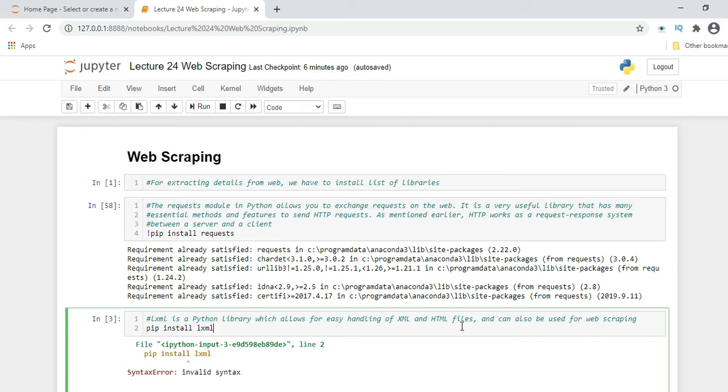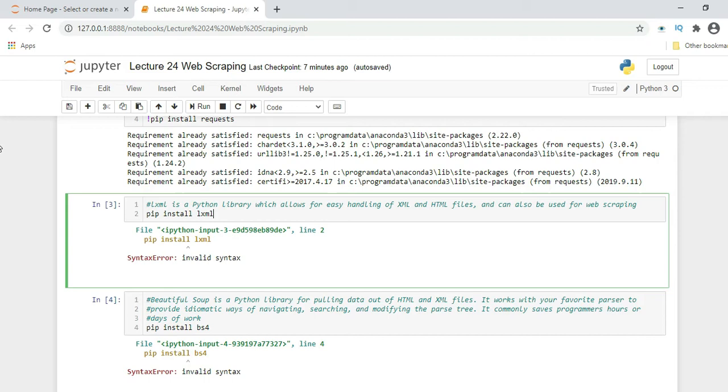On the web, majorly any page which is visible is only visible through an HTML document. So for taking a request from HTML files and documents, and similarly XML, we have to install the lxml library. In my case it is already installed.